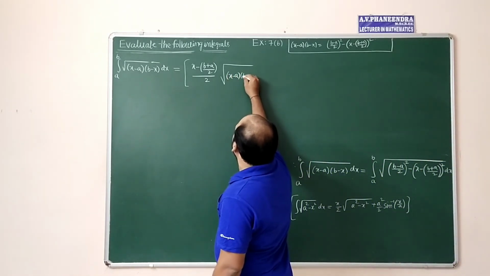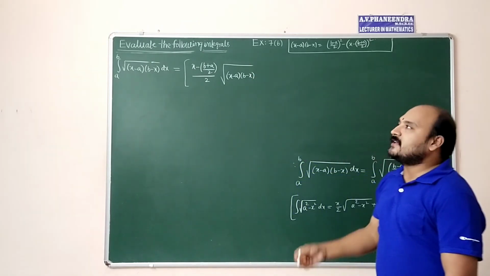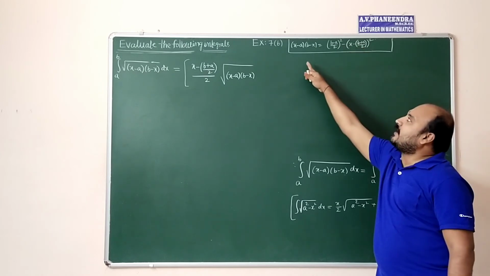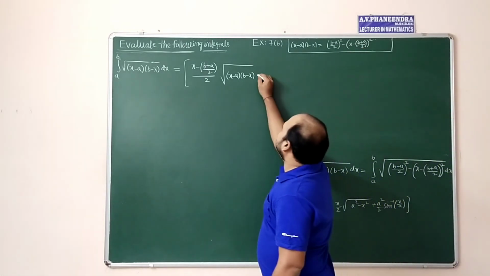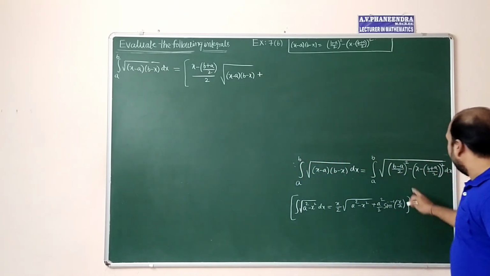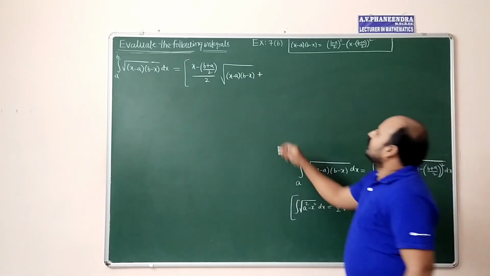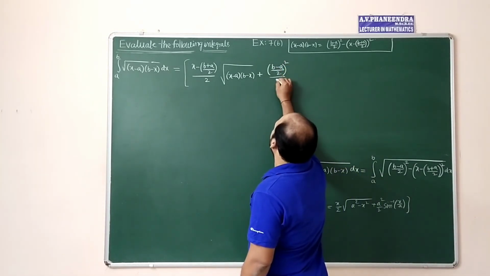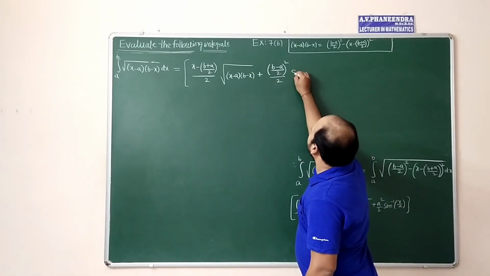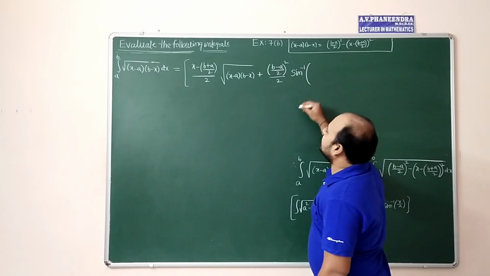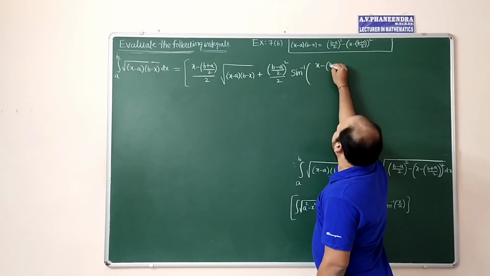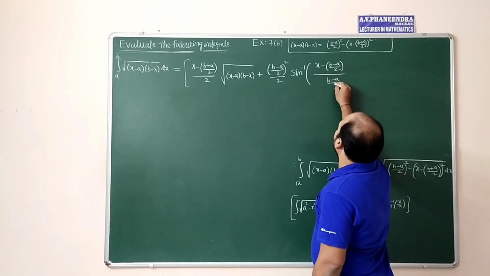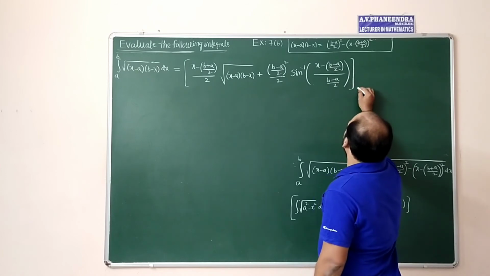This is the turning step, you remember, dear students. In place of root of a square minus x square, we are writing, this is a square, this is x square. A square minus x square we can write as (x minus a) into (b minus x). Plus a square by 2, what is a square here? A square value is ((b minus a)/2) whole square, by 2. That means a square by 2 into sine inverse x by a. Sine inverse x, x value is what? (x minus (b plus a)/2) by a. A value is (b minus a)/2. After that, applying the limits a to b.